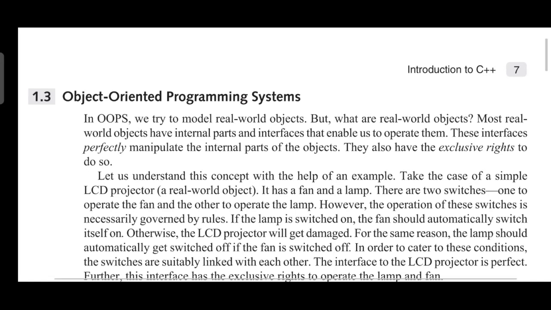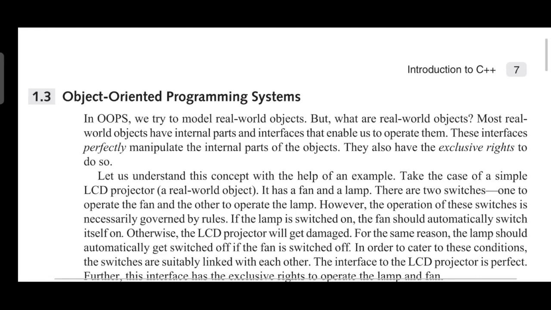Whenever the lamp is on, the fan should be on. For the same reason, the lamp should automatically get switched off if the fan is switched off. This is the vice versa statement. If the lamp is on, the fan should be on; if the fan is off, the lamp should be turned off.